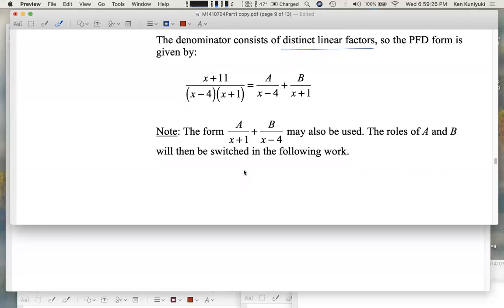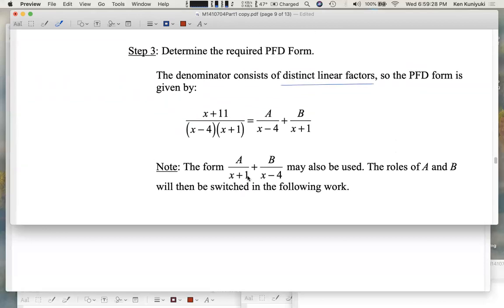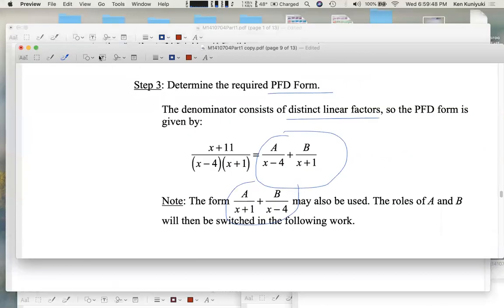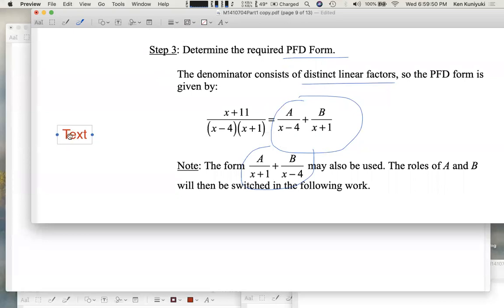And so far, that's been enough. Just finding the PFD form. Like on a homework problem or on an exam question, I might just ask, what's the PFD form for some rational expression? So if I were just asking for the PFD form, then you'd be done with either this or with this. But here, I'm actually asking for the PFD. Here, we actually want to find the PFD,